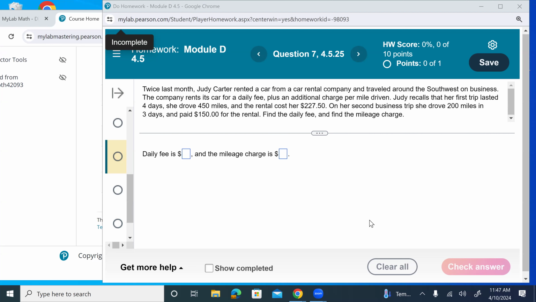So there's a daily fee and a mileage fee. What are you probably going to use for the variables? D and M. So here's my daily fee, my mileage charge. First trip lasted 4 days and drove 450 miles. So, 4 days plus 450 miles equals